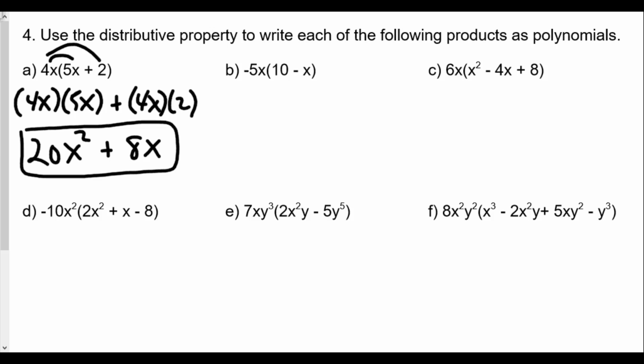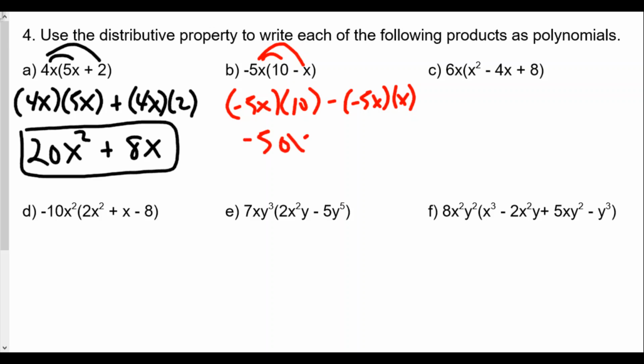Okay, the next one would be negative 5x times 10 minus x. So we have negative 5x times 10 minus negative 5x times x. You could also write plus negative 5x times negative x. It's the same thing. Negative 5x times 10 is negative 50x, minus negative 5x times x, which is negative 5x squared. A minus negative is the same as adding a positive, so we get negative 50x